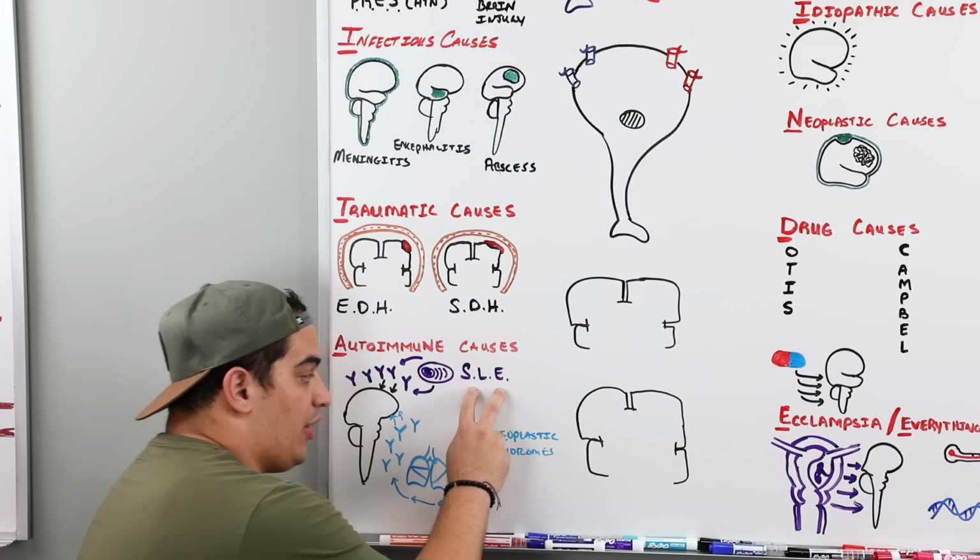The next part here begins with M, metabolic causes. Now, metabolic causes usually cause more diffuse types of seizures. The particular way that I like to remember these is, let's think about some of the nutrients and electrolytes that are inside of the blood and even vitamins. One of the big ones is vitamin B1, thiamine. Thiamine is a very important vitamin, and it's very important with a lot of electrical activity.